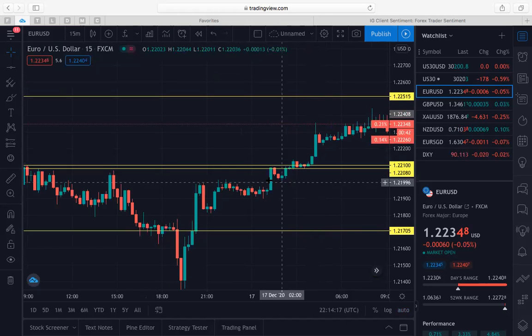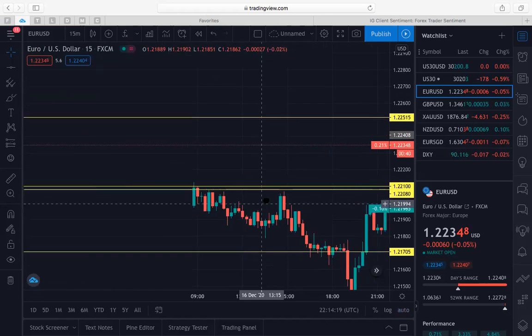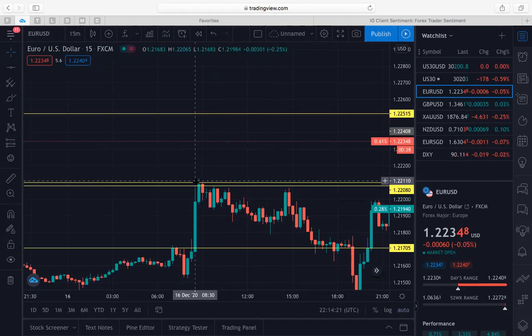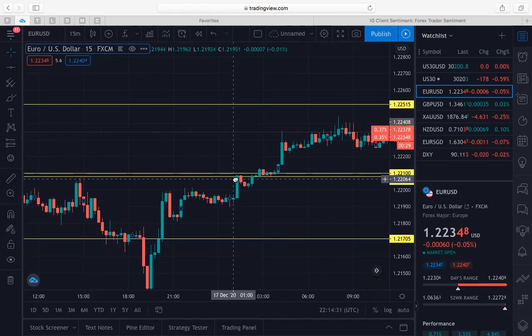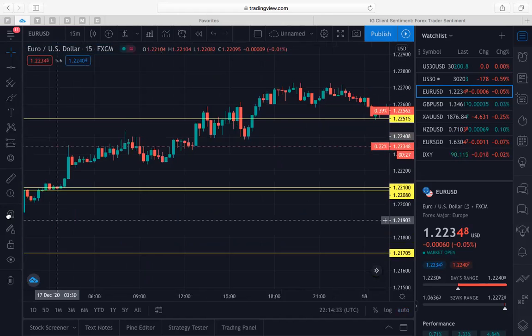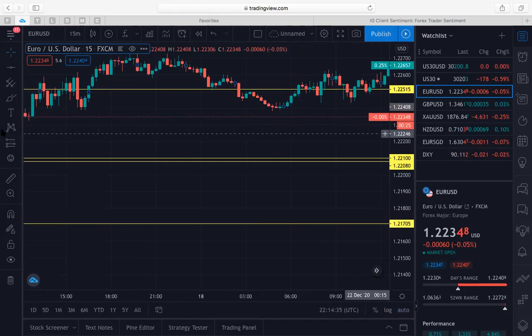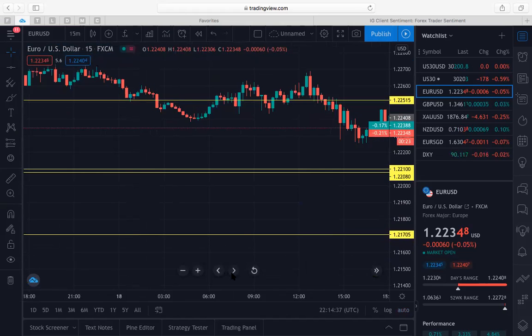So I could say around this part. Now you can see this coincides with this right here. So this shows me this is a very strong zone at this point, because there's a resistance here. It came up, came down, and when it broke, it went up. So for me, coming in today,